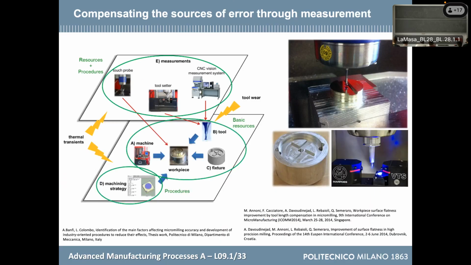This slide is just for saying that if you want to overcome all of these issues, you must not only have a good machine, you have to study the right fixture, you have to select the spindle and the tool holder correctly, but then usually you must also have a layer of instruments applied to the machine in order to acquire information about what is happening. For example, when you place the part, current machines have a touch probe. It is a gauge which is placed on board in the spindle. So your machine can go there and touch the wall,